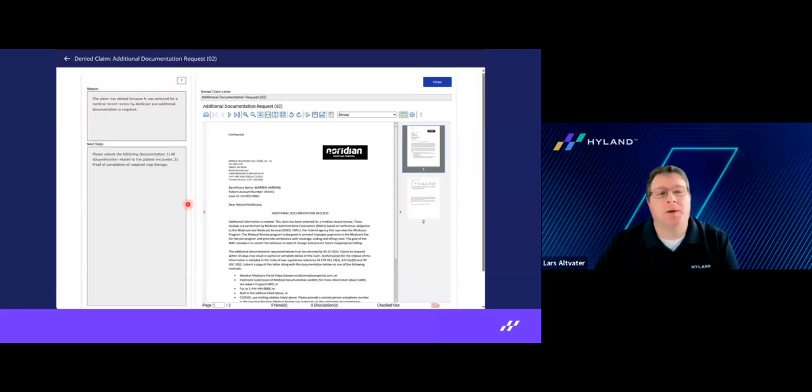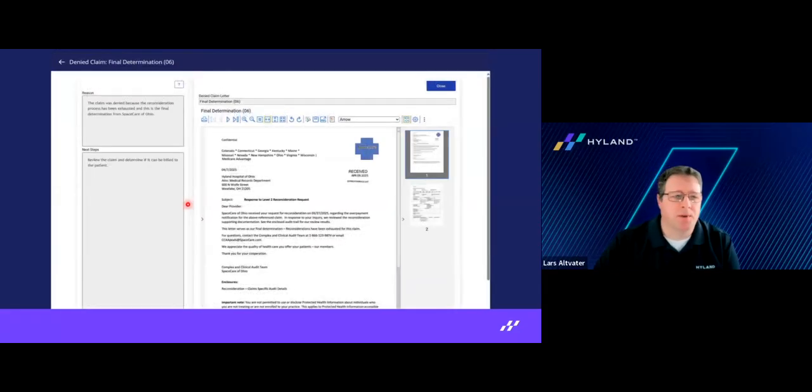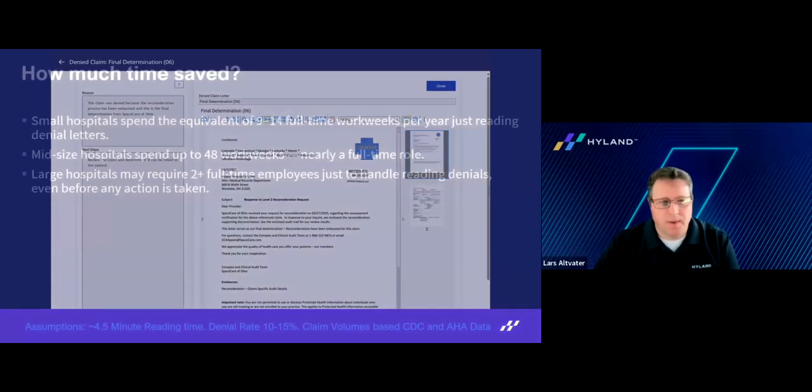Now, the next step, we could be looking at automating some of these steps too, but that's where we started with this use case. In this case, the determination is final already, so I can't send in more documentation. The recommendation here is that we need to review this and figure out if we can bill the amount to the patient. This doesn't come from the denial letter. This is coming from policies, from reference documents that the agent is consulting.